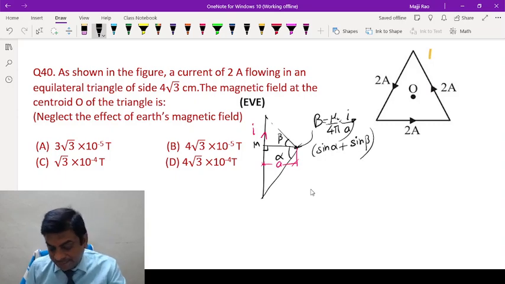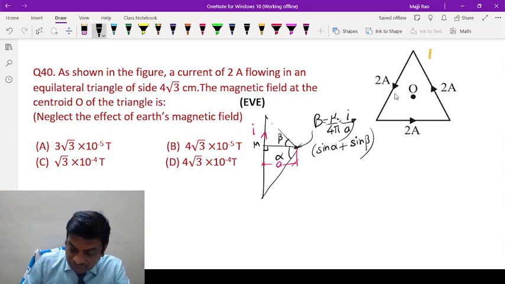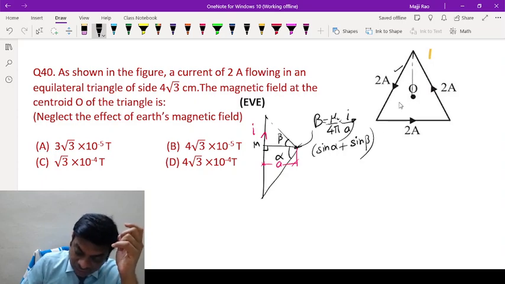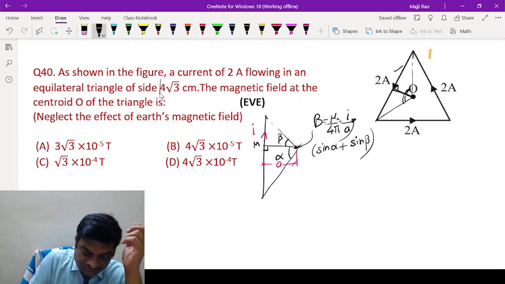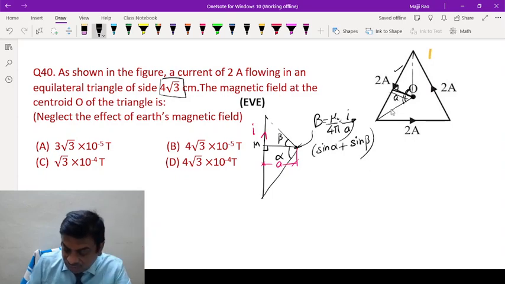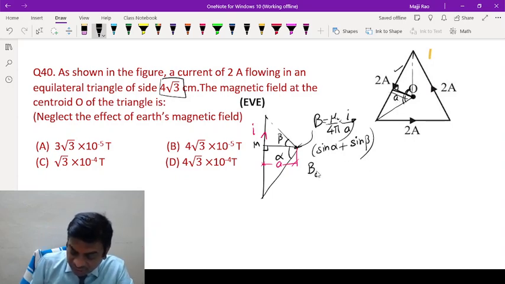This is the formula. So for one side, let us take this side, just join the end points, and then drop a perpendicular. So as you can see, each angle will be 60 degrees. And this side we have to find. Total side is given, side of the triangle is given. We'll be finding this. For now, let us take it as A, not a problem. So magnetic field due to each wire of the three wires, we are calculating field due to each wire,